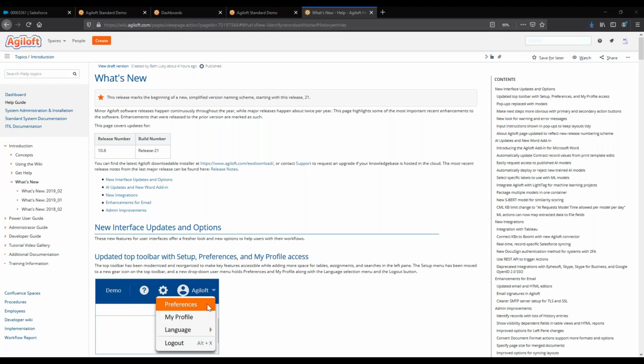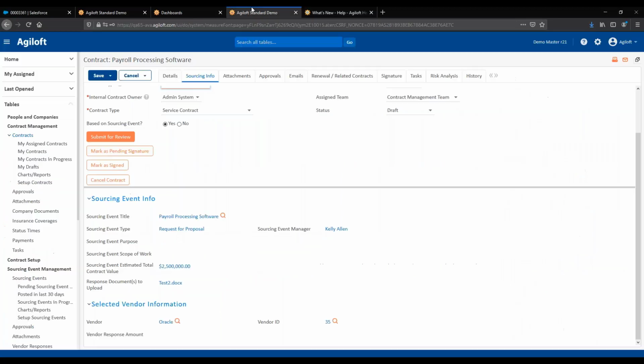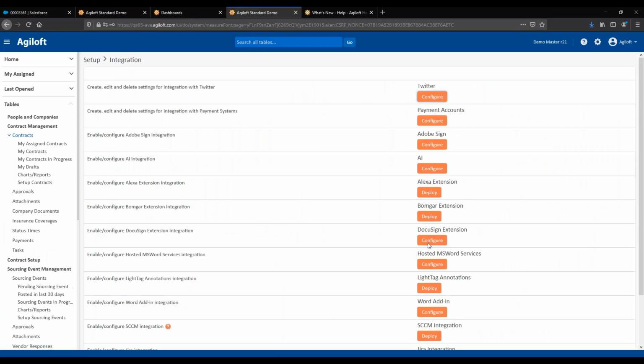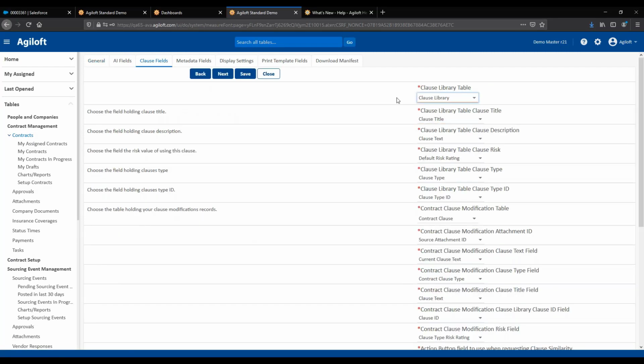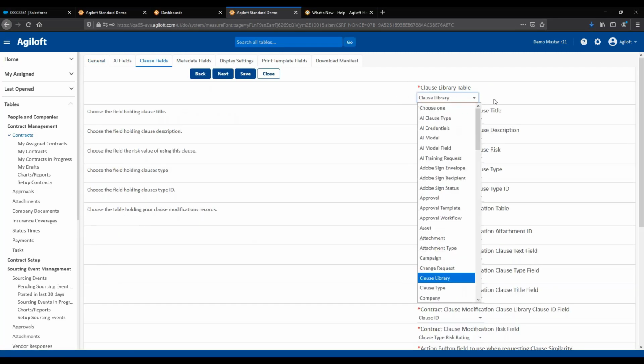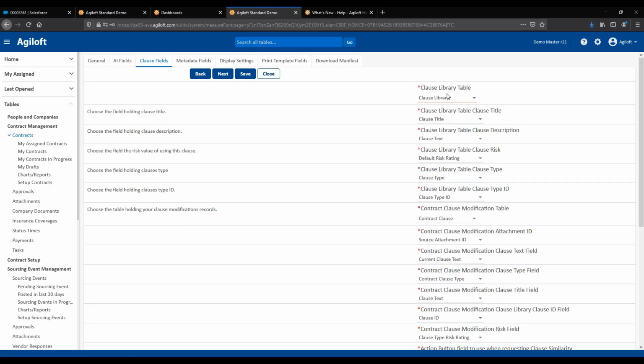Craig, I'll lean on you for some of these other questions. If there's a custom clause library, should all of this still work? I believe the answer is yes, but do you want to? Yeah, that was one of those setup screens. Setup integration, Word add-in: if you're using a different table for your clauses, this is where you point the add-in at that table